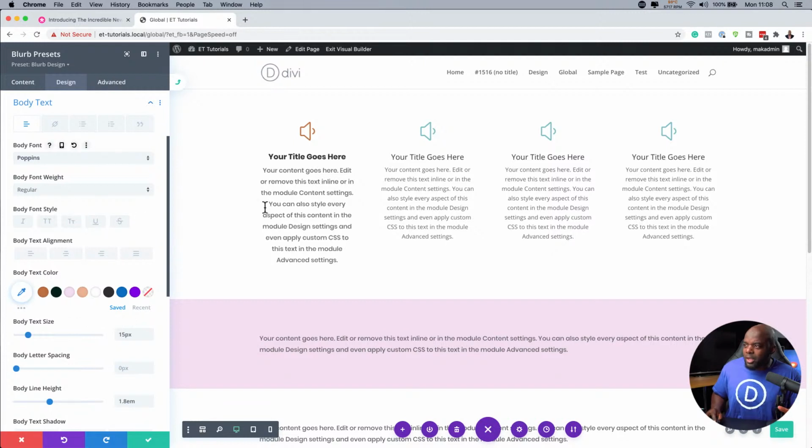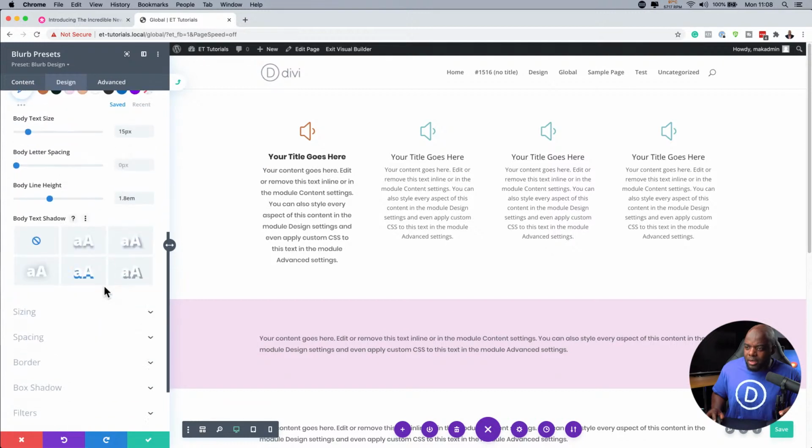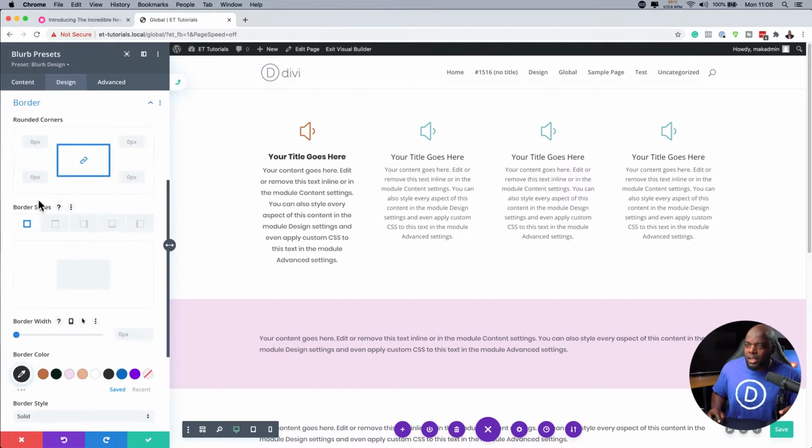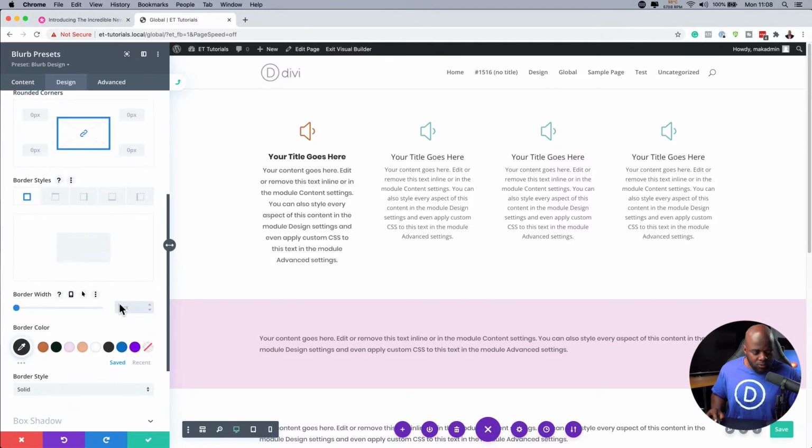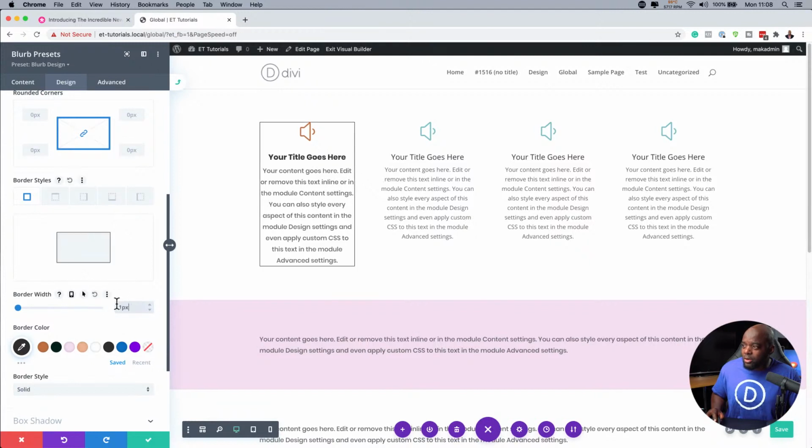And what we're also going to do here is to give this a border. So we're going to come all the way down here. Let's go to border, and let's give this 1 pixel and see how that looks. No, let's make it 2. So I know at the moment it sounds like, oh, I'm just taking too long. I'm designing. It's taking too much time. But trust me, once I show you how these presets work, you're going to be amazed. Okay, so let's give this a border, right? So let's say that's our border,